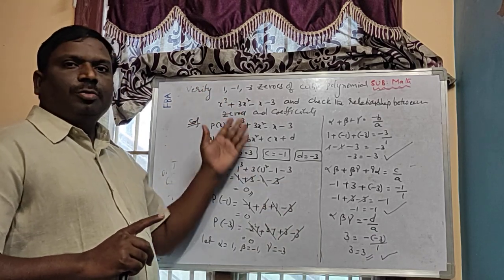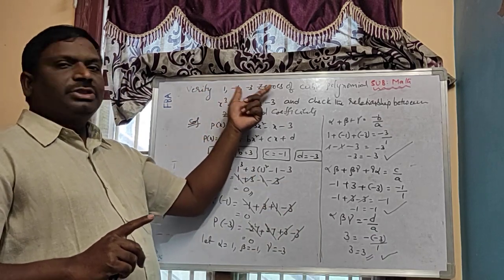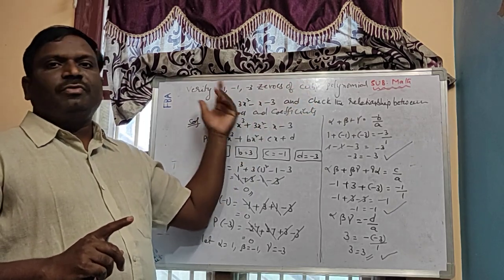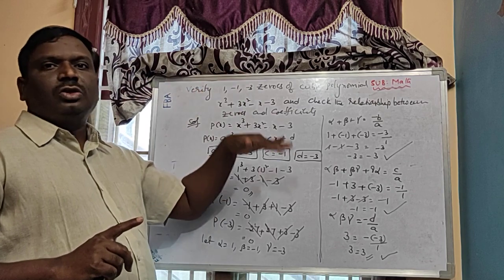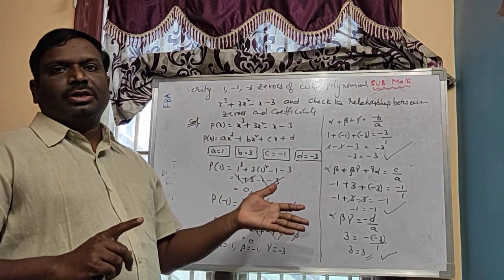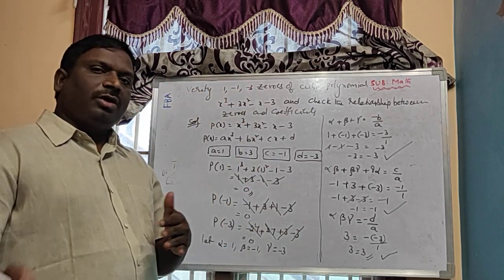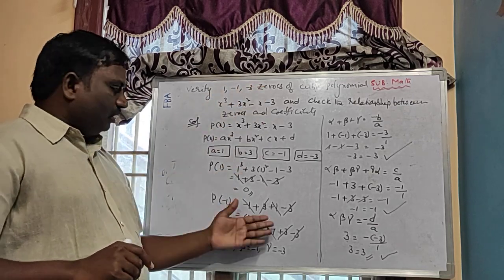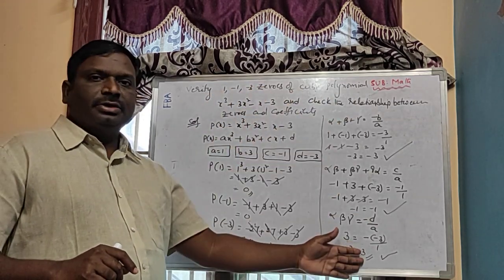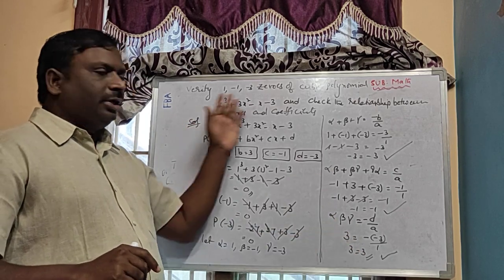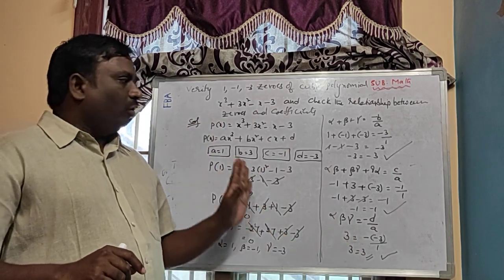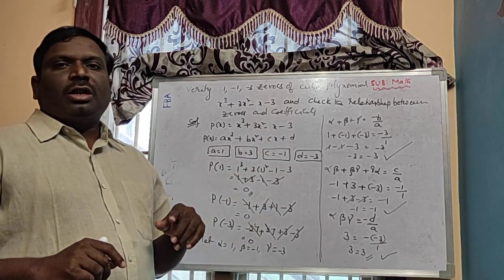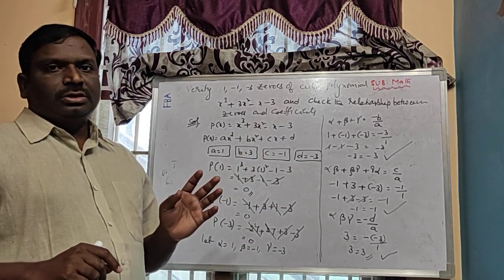Now this is the cubic polynomial, the relationship between zeros and coefficients. So in a cubic or quadratic polynomial, if they do not give the zeros, we have to find the zeros by using the factorization method. The factorization method for cubic polynomials we have already learnt in 9th class. So let us take alpha, beta, gamma. In this way only, if you verify, then you will get full marks. Hope you understand this exercise, and the parabola graph also you understand.